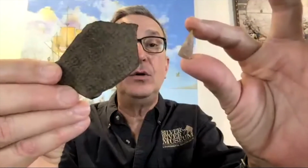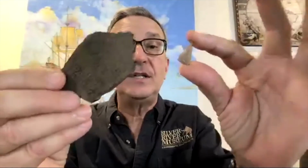Things like little pieces of broken Indian pottery or arrow tips. This tells us basically how they were making a living, and we can learn more about their lifestyle through archaeology. So the archaeologists have found